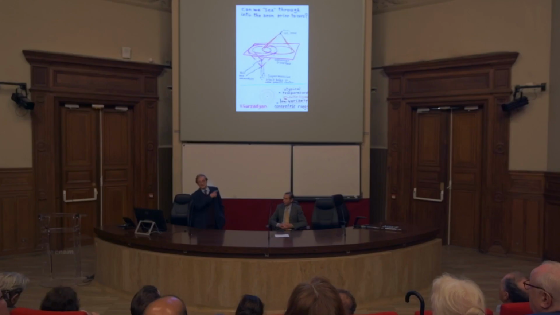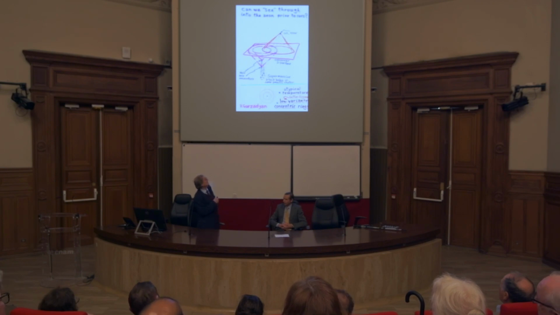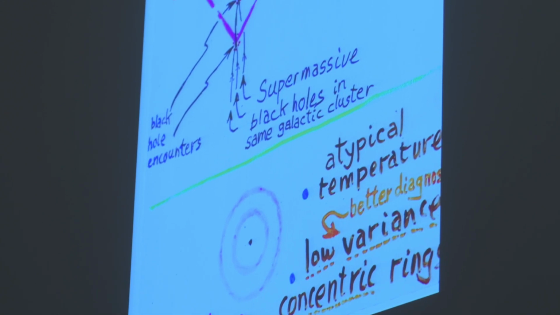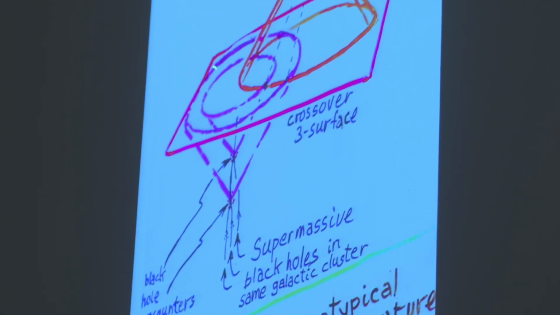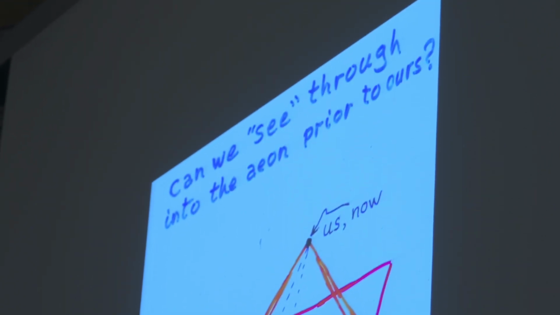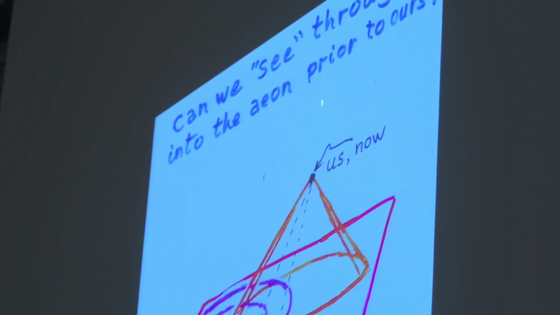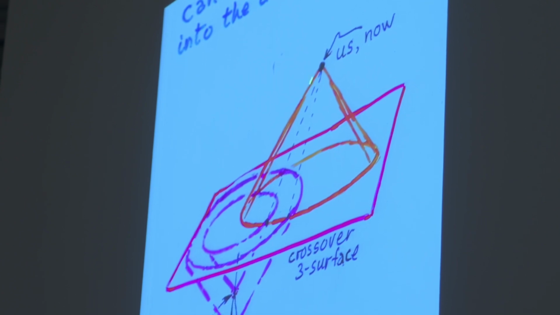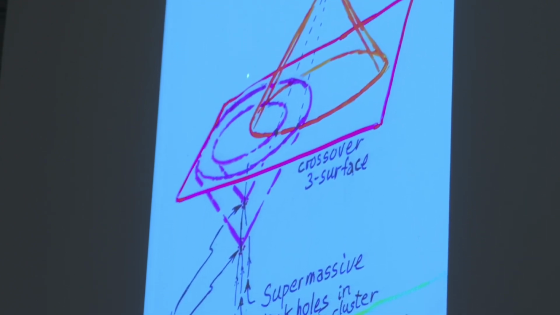But nevertheless, they're there, and these black hole encounters, not on this kind of scale, but smaller black holes running into each other, are seen by LIGO. So they're certainly there, and they're doing what people seem to think they should do. So you will get these encounters of black holes, and maybe the gravitational radiation from them can be seen in the next eon. In this picture, the plane going between them is meant to be a three-dimensional space, which is the crossover between one eon and the next. Below that plane is the previous eon, above it is us, and we are sitting at the top of that cone looking back. This is the microwave background coming to us from